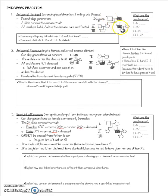And when you're talking about how things are related, you're looking at how they're connected. So for example, the 2-2 and 2-3 both have the same parent, so that's a sister and a brother. Okay, so